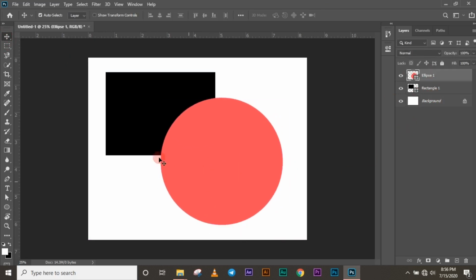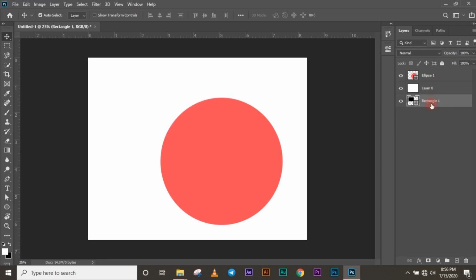So we could change this. We're going to push the rectangle upwards. You see, it goes over the ellipse, right? Ellipse over the rectangle. Now let's say we unlock the background layer, so it then becomes a normal layer, and then we can decide to bring the black rectangle below the white plain background. This is what happens. It seems the rectangle has disappeared, but it hasn't disappeared. It is only obscured by this white